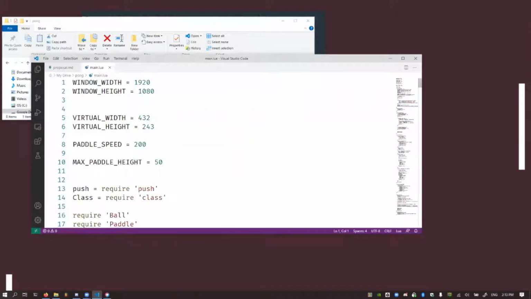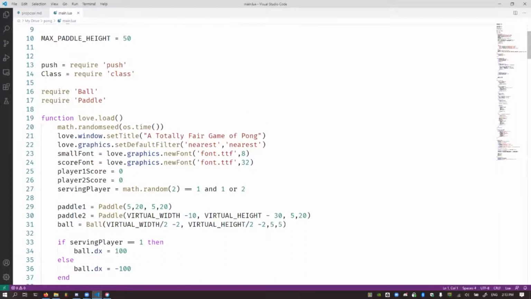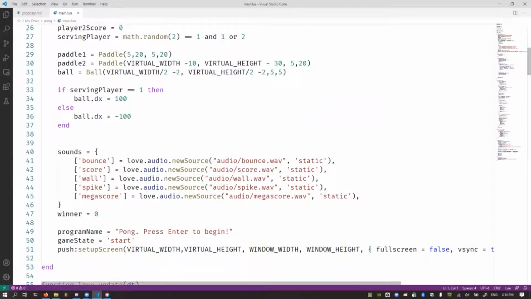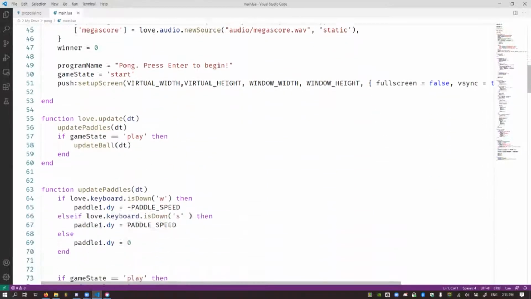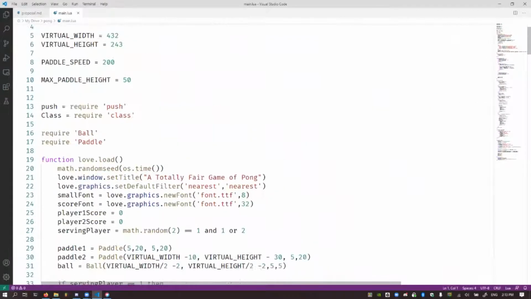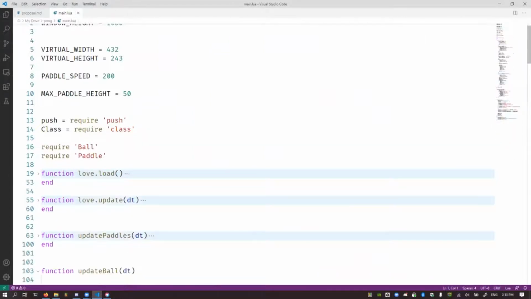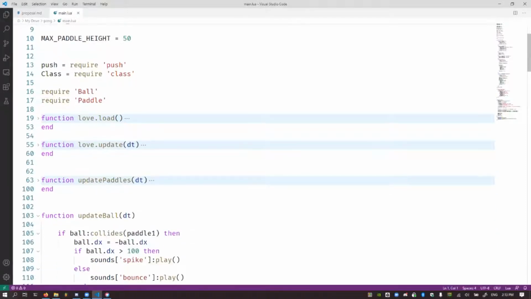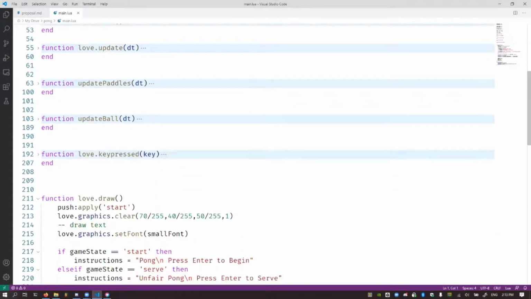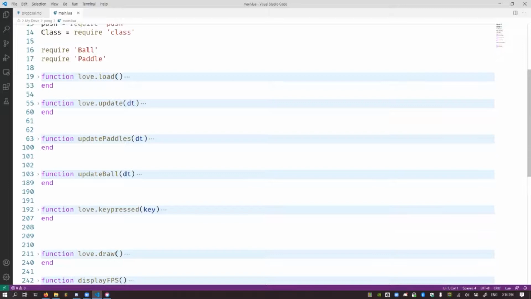This is made in Lua, and by the way, this is my first time programming in Lua. This is what you get at the end. Let me go ahead and wrap these up so it doesn't look as intimidating. Okay. Update paddles, update ball. A game is essentially a large infinite loop a lot of the time. So what we have here are basically